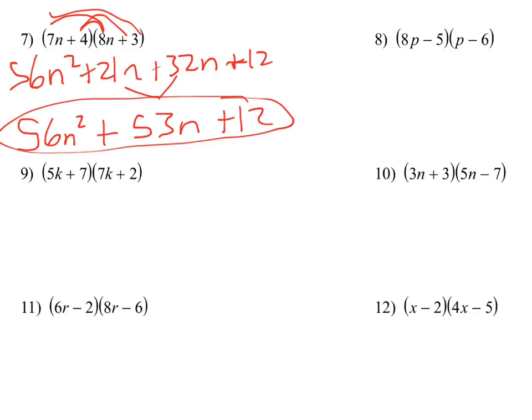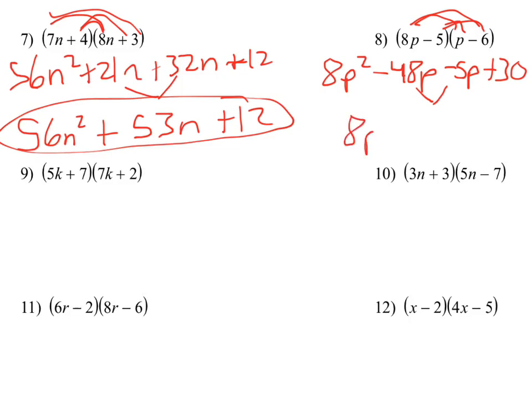Ta-da! That one's done. Moving on to the next one, take those and multiply them. 8p times both of those inside, negative 5 times both of those inside the parentheses on the right side there. 8p times p is 8p squared, and then 8p times negative 6 gives me negative 48p. And then negative 5 times p gives me negative 5p, and negative 5 times negative 6 is positive 30. The two inside pieces combined together, you get 8p squared minus 53p, and then plus 30 on the end,